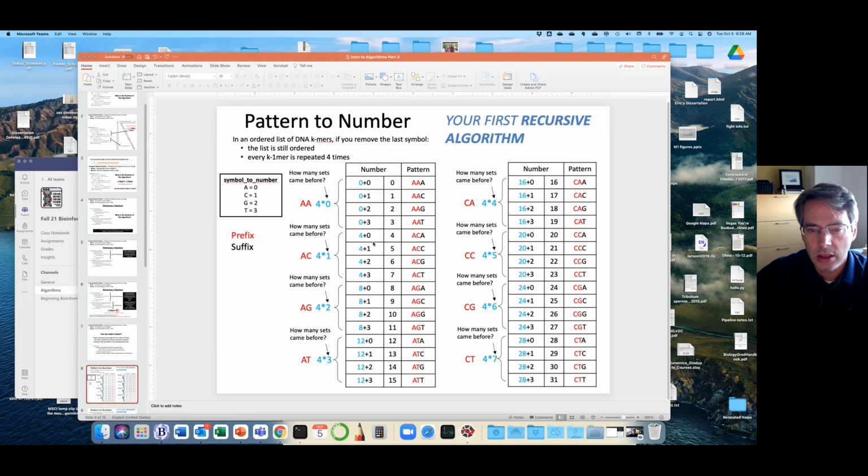So the ACGT still gets a 0, 1, 2, 3, but we know there was a set before it, so we need to add 4 to that. Okay, and you can continue to walk through this. Same thing here. How many sets came before AG? Well, there were 2 sets. How many came before AT? Well, there were 3 sets. And so we have to multiply 4 times however many sets came before it, and then add that to the ACGT value. So in this case, 8 plus 0, 1, 2, 3, and 12 plus 0, 1, 2, 3, and